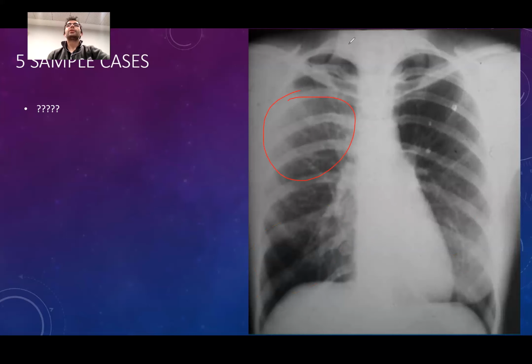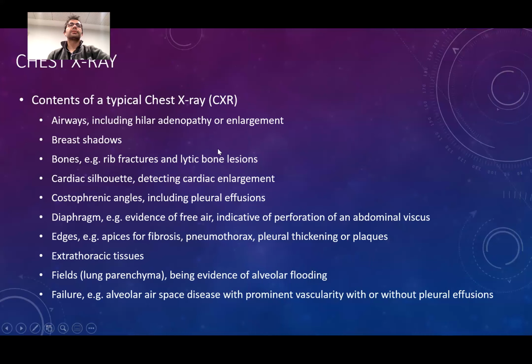All right. So we will go over these kinds of things, but I was trying to mention to you the contents of a typical chest X-ray. As we are looking at the image, we have gone through numerous pathologies, and none of them was at the same place. So there are many different areas that we have to evaluate in a chest X-ray. There are many organs that are superposing one on each other, and sometimes obstructing each other as well. So how are we going to do it? It's an important